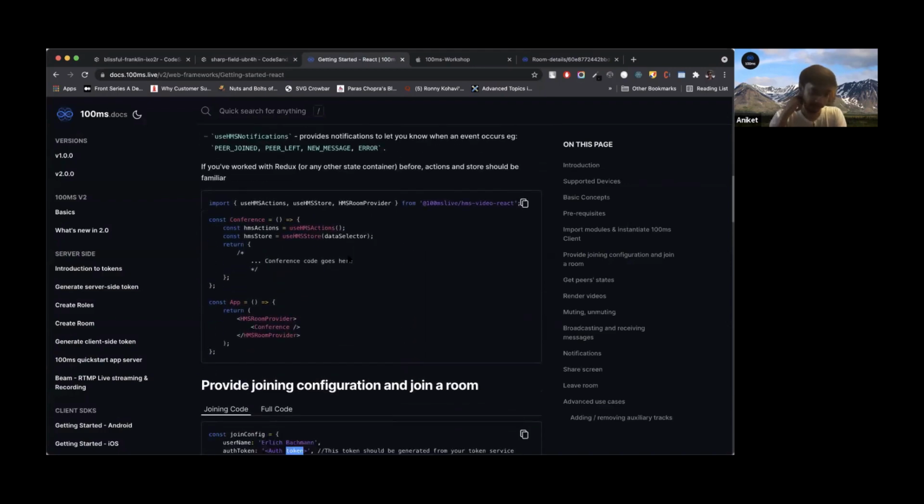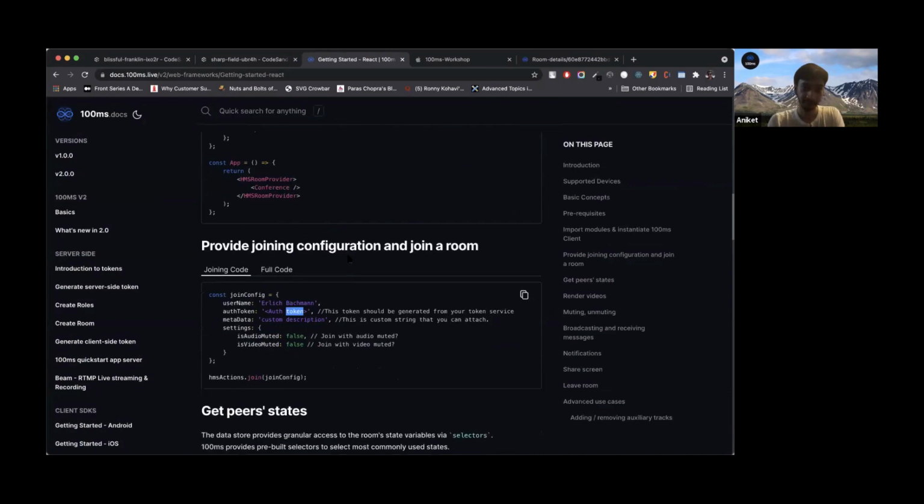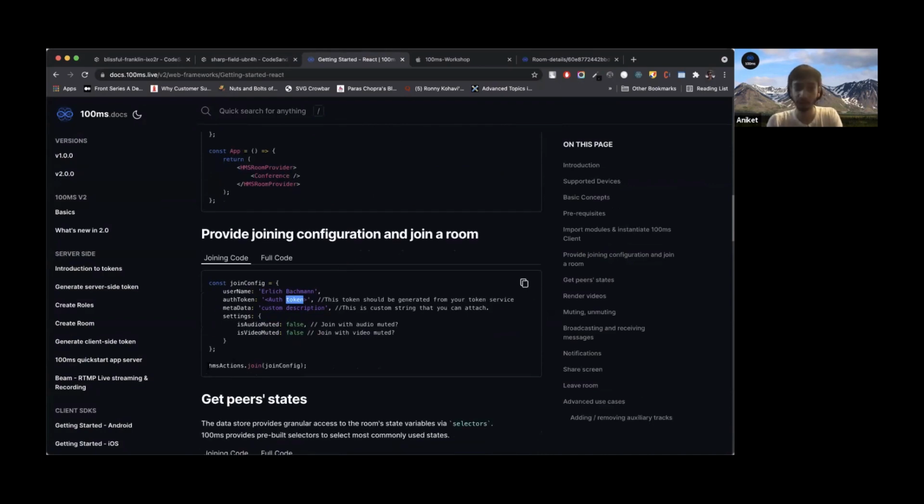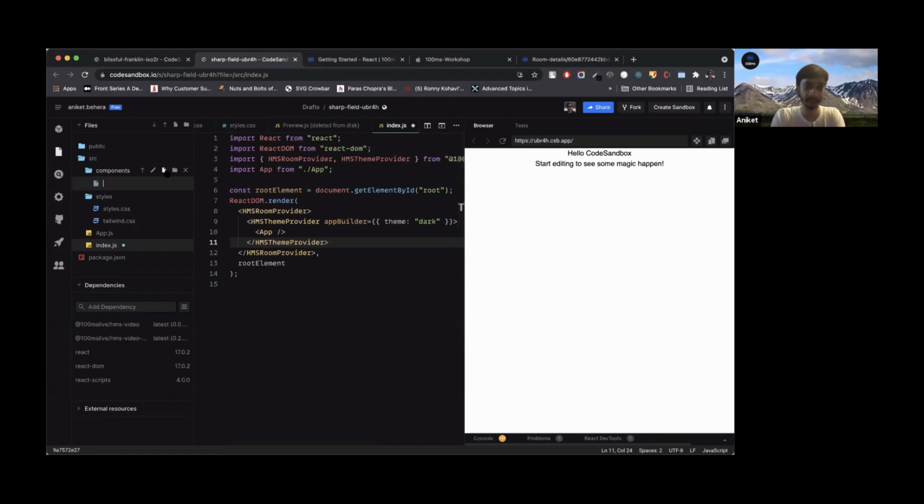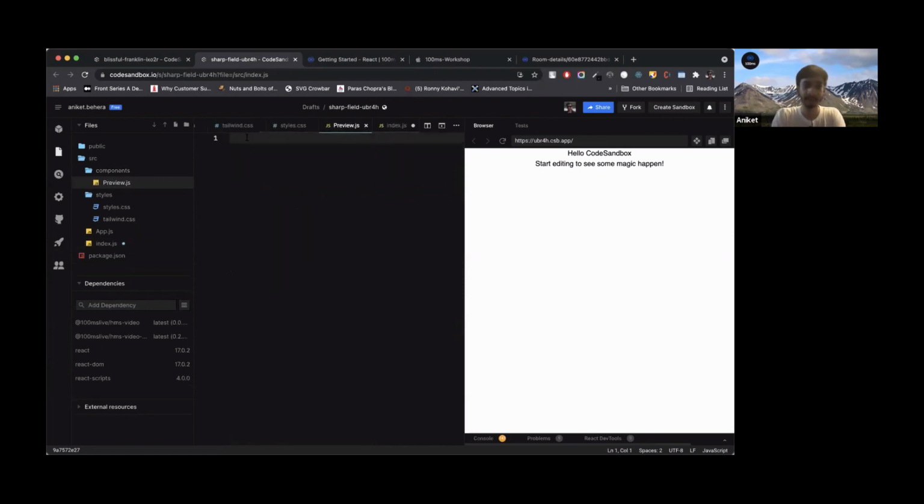Just going through the documentation again, the first step is to call the join method. To be able to call the join method, we need some kind of input field which will take in the name of the person and also show a join button. So let's create a component here. Let's call it the preview component, which is standard, something that we do in video conferencing applications. Just import React